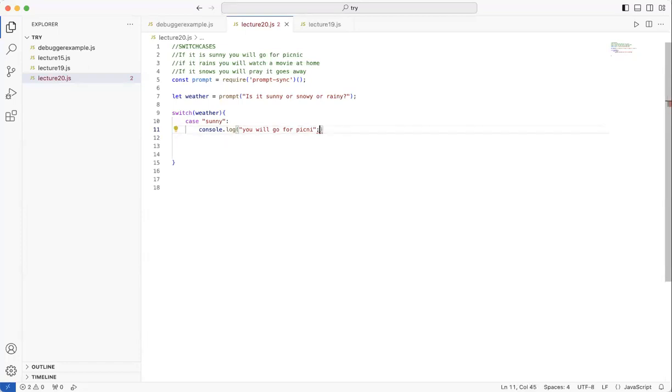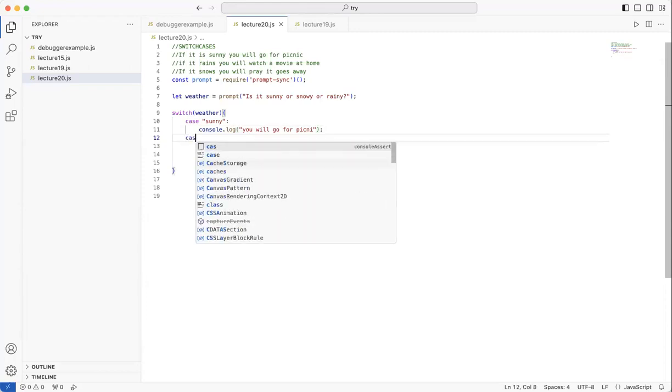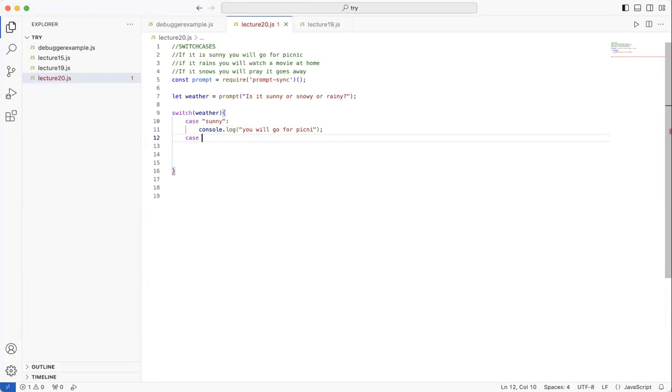So one thing about switch cases, these are individual blocks, right? Well, okay, let's get to that later. Let's just write down all the cases first. So one case was it's sunny. What's the next case, guys? Snowing. So since I wrote here snowy, let's write down snowy over here.